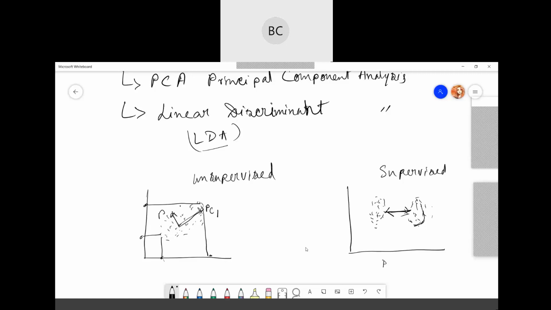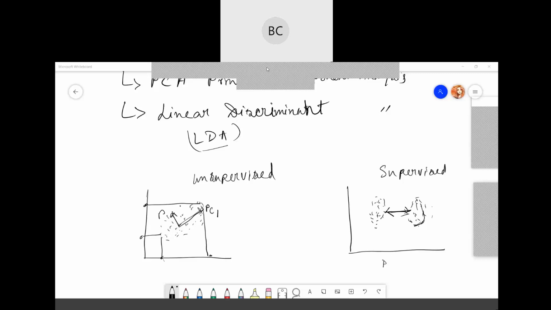Other than these two, we also have backward feature elimination.